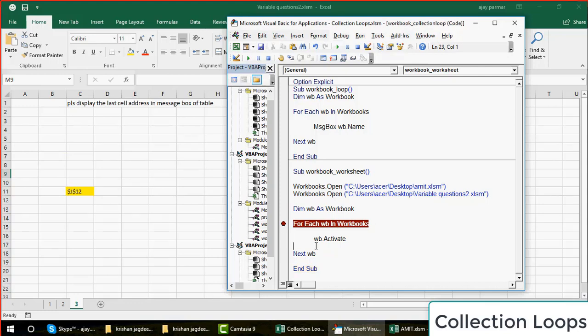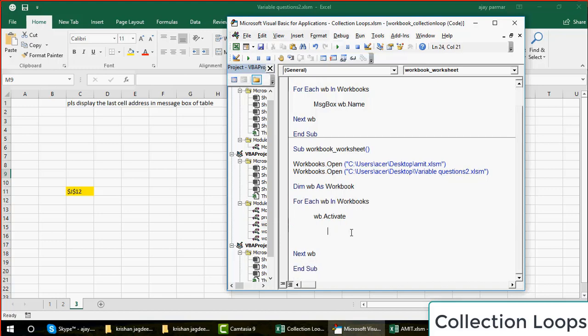The loop finishes because all the three workbooks are activated. That's all. Simple, right? But now my question is that I don't want to just go and activate the workbook. I want to do that, but at the same time I want to go into every sheet of that workbook also. So what will you do? Now this is very important. Once you have the workbook activated, how do you know how many worksheets are there?